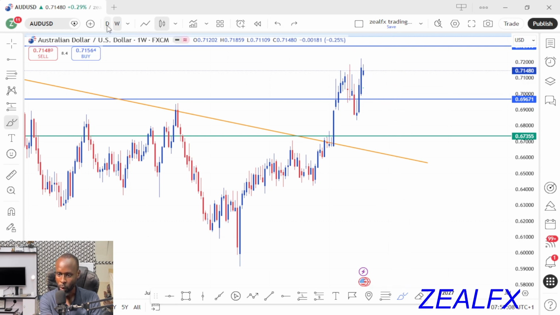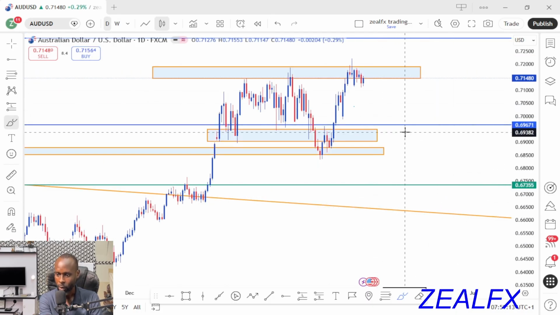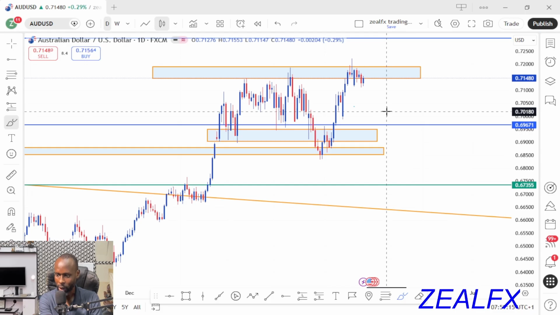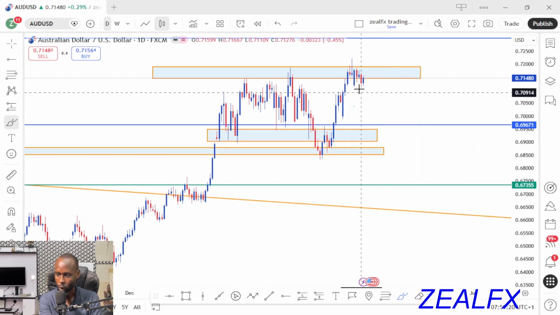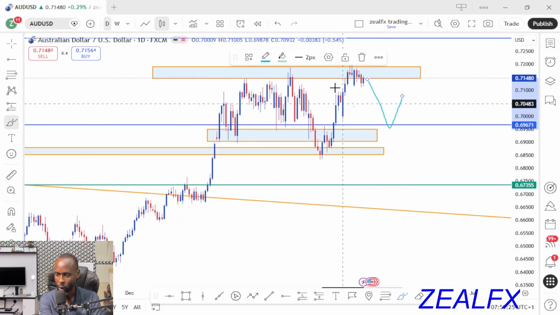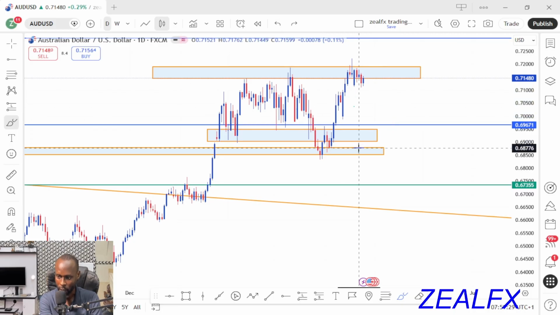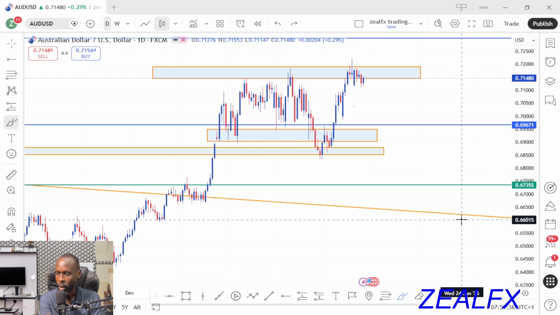So let's go back to our daily time frame. On the daily chart now, we can clearly see that we still have price on resistance on the daily and price on resistance on the weekly. So we are expecting price to drop to this next support level before we start looking for buy. So this week, look out for your selling opportunity as a reversal trend for the Australia USD. You have to sell the Australia USD to this support level for this week before looking for any possible buying opportunity. So let's look at our next pair,